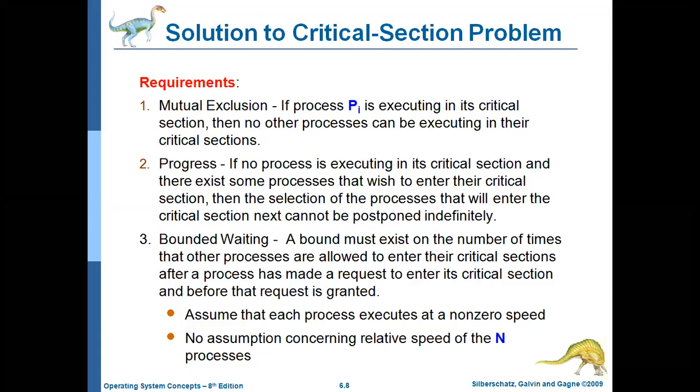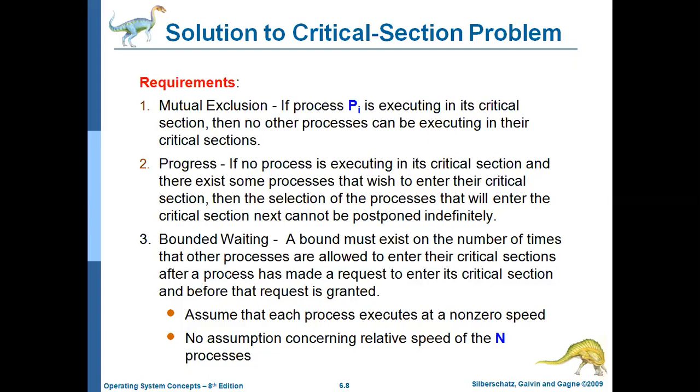So what is bounded waiting? For example, process P1 requests the critical section, enters into the critical section, uses the code, and exits from the critical section. Immediately P1 is again willing to enter into the critical section. At that time, you should not allow the same process all the time to enter into the critical section. Why?